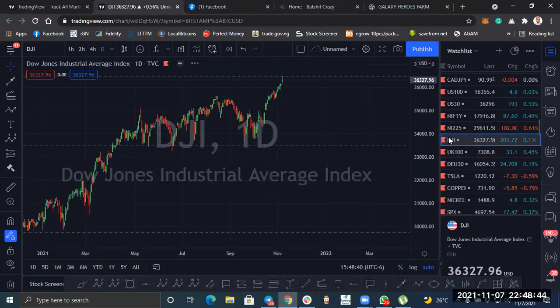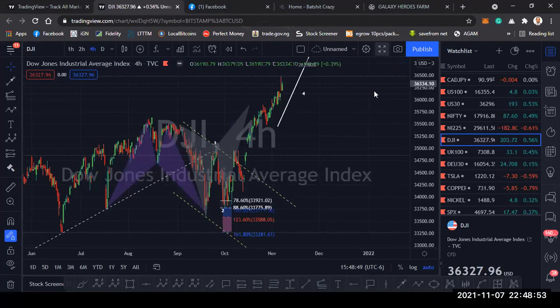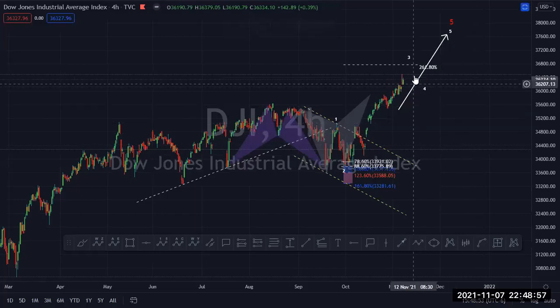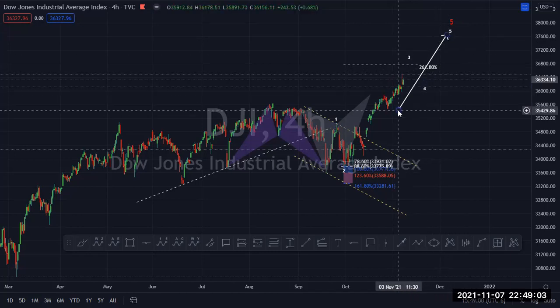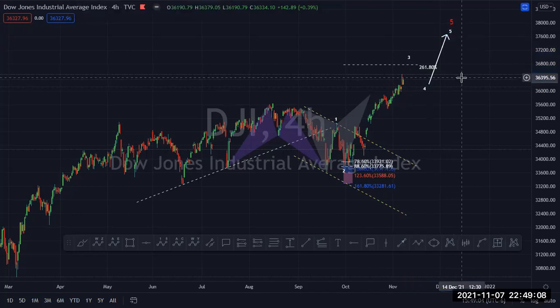Dow. Dow is going up as we forecasted it will do. Okay, here is where we expect Wave 3 to terminate. Once Wave 3 terminates here, then we look for Wave 4, then Wave 5. For now, let's